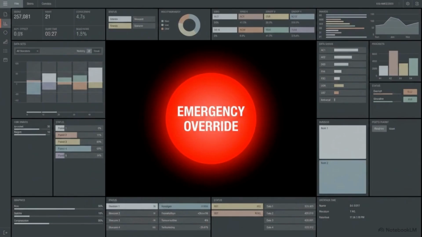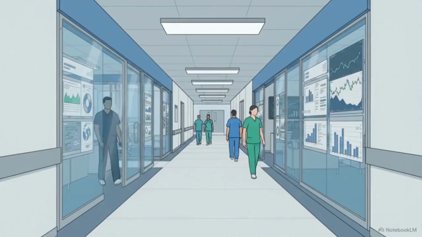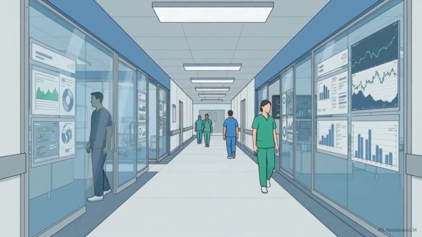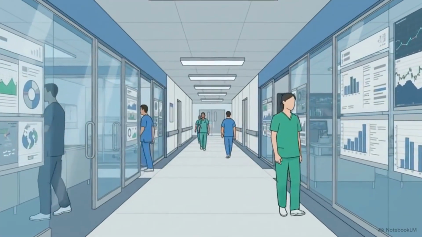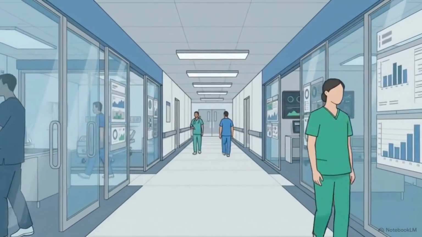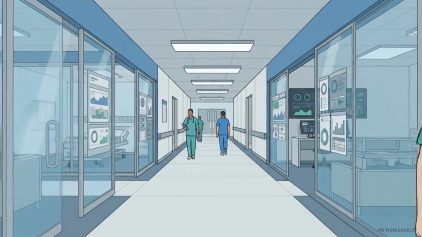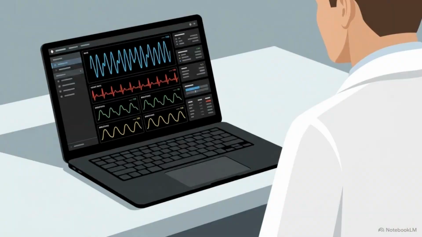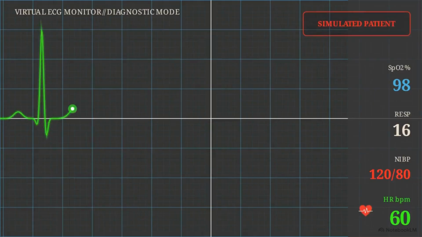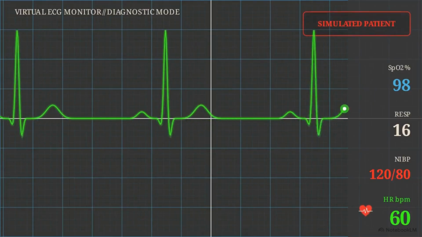Clean UI design functions as a mandatory engineering safeguard, reducing cognitive load to prevent human error when monitoring high-stakes systems. This exact same virtual software logic now moves seamlessly from the basic student laptop into high-pressure clinical training environments. Medical schools use virtual platforms to recreate the complex displays found on professional healthcare monitors. This allows students to practice reading critical bioelectric signals, like an ECG, in a risk-free virtual space before they ever